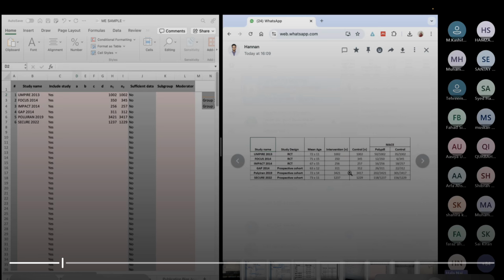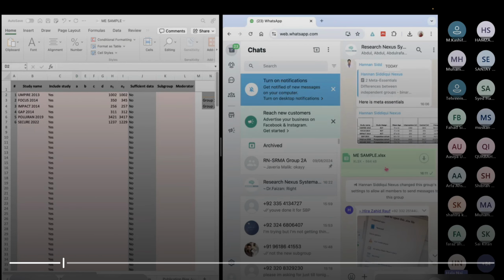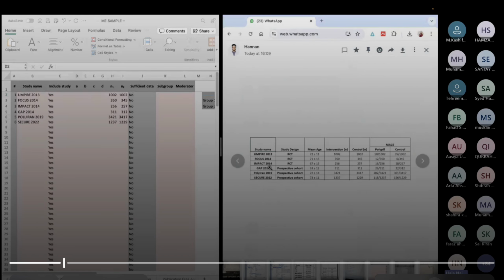Okay, a lot of people are done. I think everyone is with me, so I'm moving on to the next step. The next step is to now focus on column A and column C. So there are many columns, A, B, C, D, but the columns that we are concerned about are columns A and C.